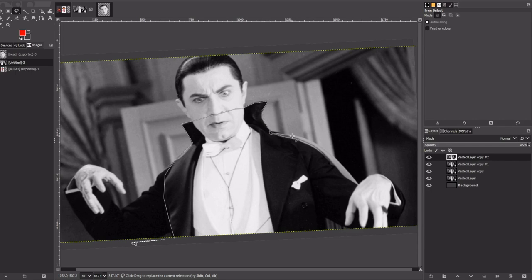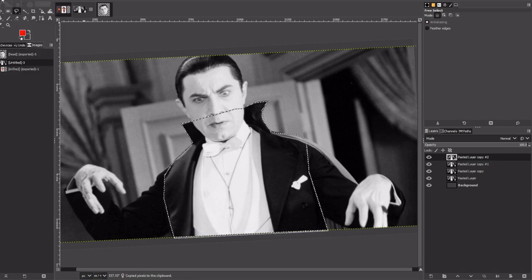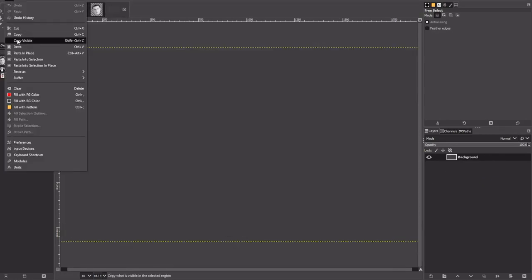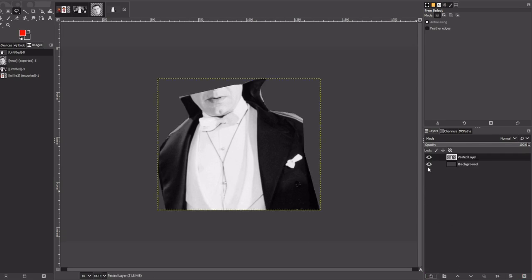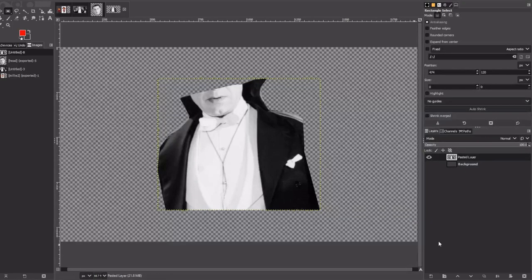Okay. So you want to think of it almost like a paper doll. You want to think of what's going to be on top of each other. So we're going to copy this and go File, New. Okay, go Edit, Paste. I'm going to create a new layer, hide that. Now we've got